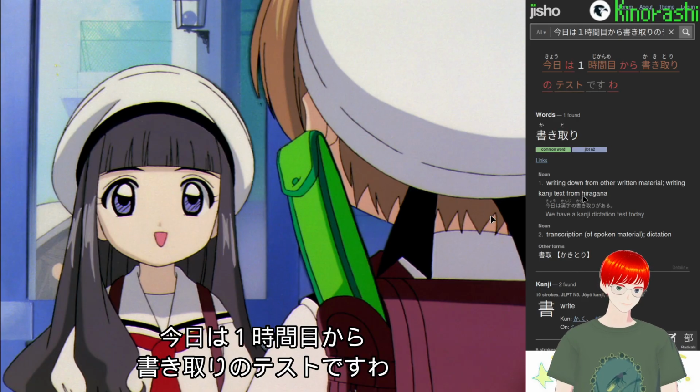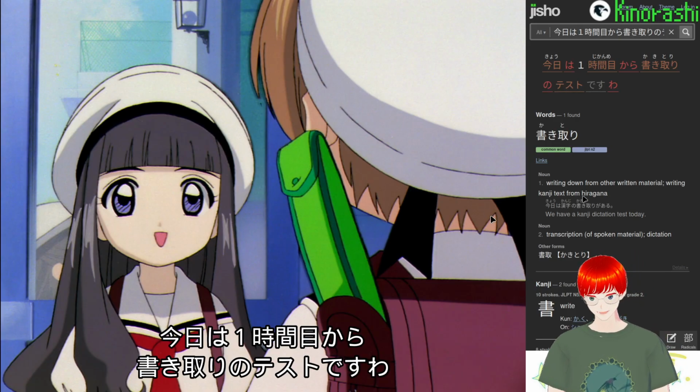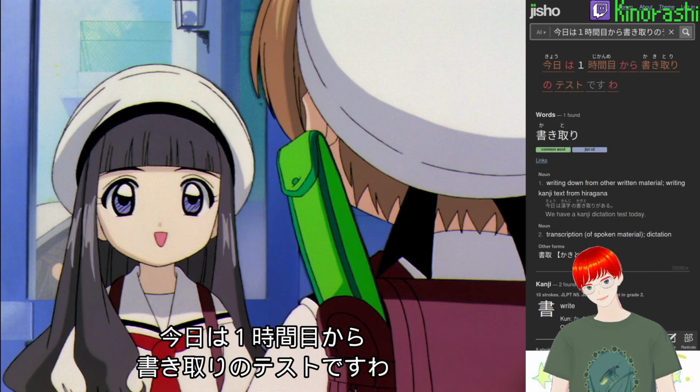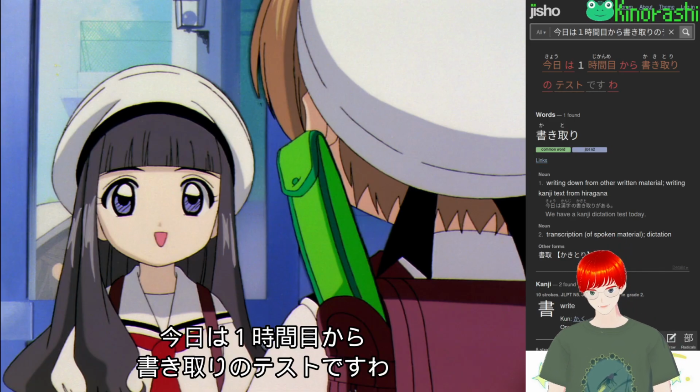Natural phrasing for schedules. In Japanese, when describing a scheduled task that kicks in with a specific event, kara is frequently used to define the origin of that day's activities. Today is busy from first period, okay? In your sentence, ichijikan me kara effectively means starting with the first period. Emphasizing that the day's testing begins immediately after the first slot. Okay, so to emphasize the origin. Okay, so 今日は1時間目から書き取りのテストですわ。